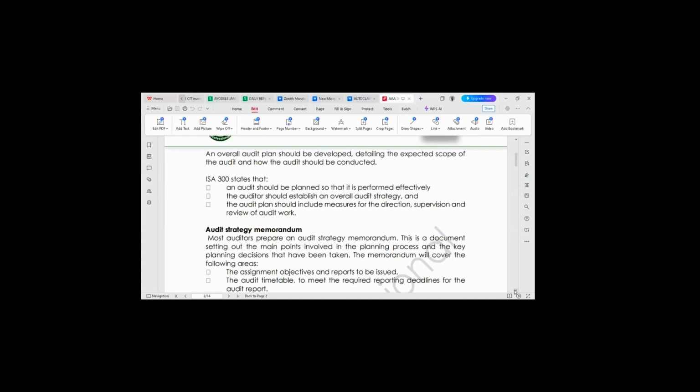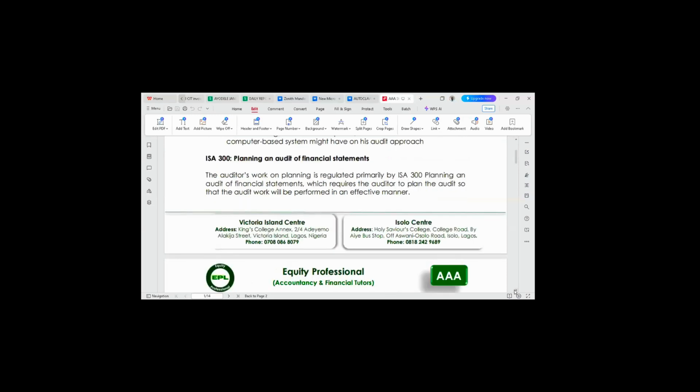That is, in each engagement, you have an audit planning memorandum. I hope you understand. In each audit engagement, there is an audit planning memorandum. Not that you have a colossus of engagement. In each engagement, you must have an audit planning memorandum. All right. Thirdly,